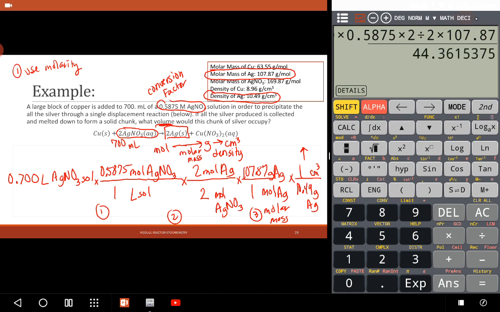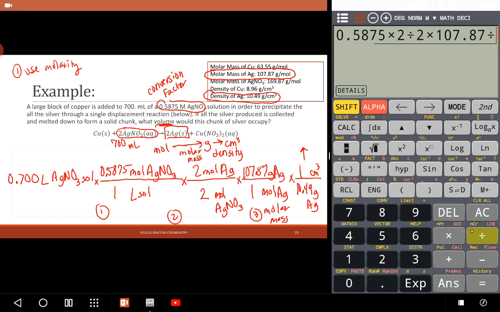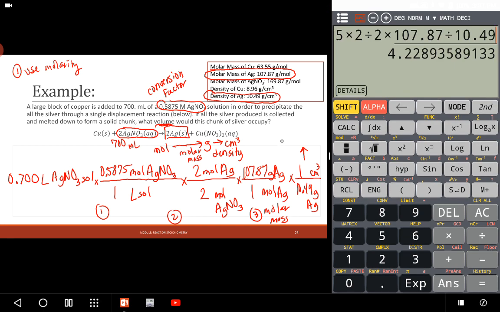Alright, so that is 44.36. Let me make sure I typed everything correctly. Oh, I haven't divided by the density yet, have I? See, always good to double check things. And then we need to divide that by the density, 10.49. And so that is